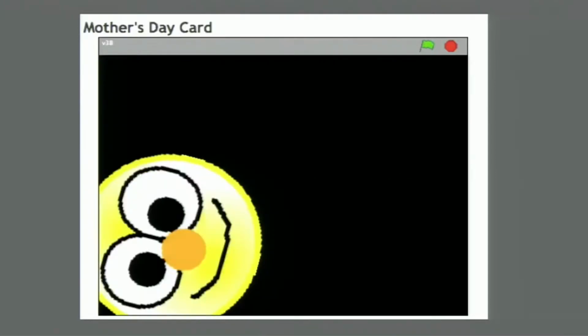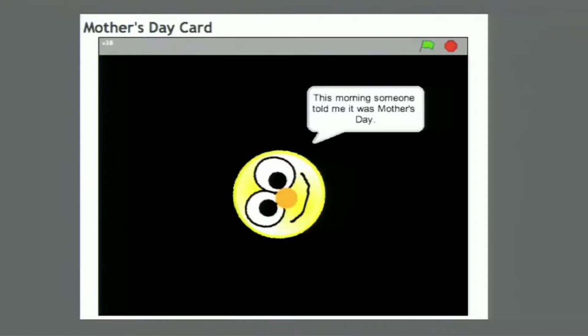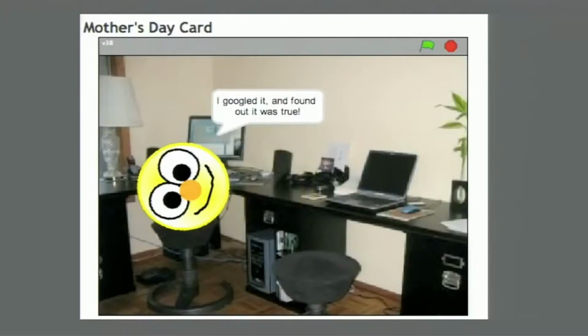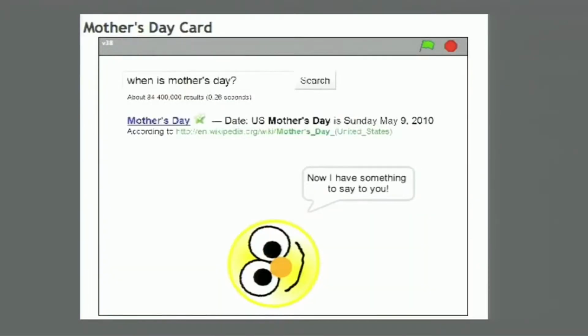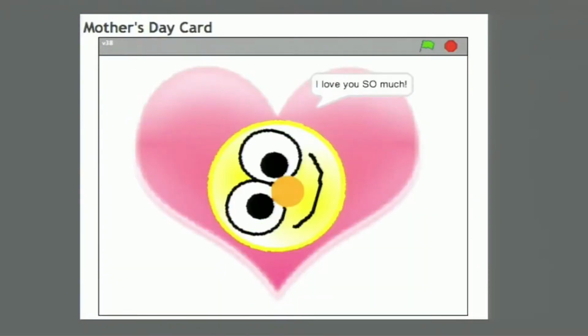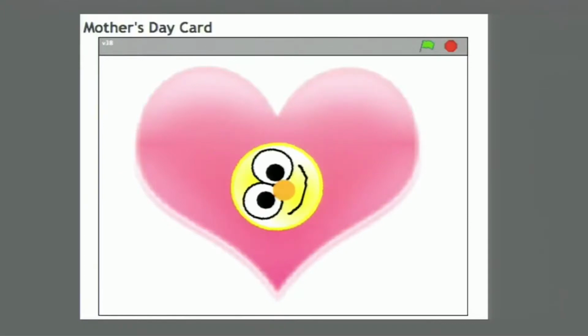In this one, the creator told a narrative about how she had Googled to find out when Mother's Day was happening. And then once she found out, she delivered a special Mother's Day greeting of how much she loved her mom.